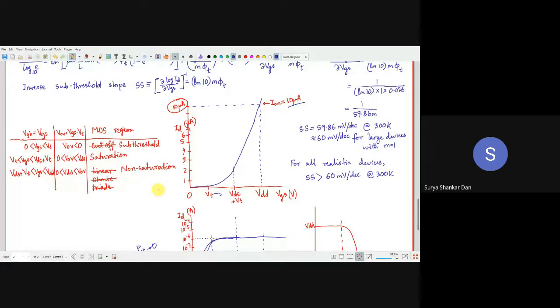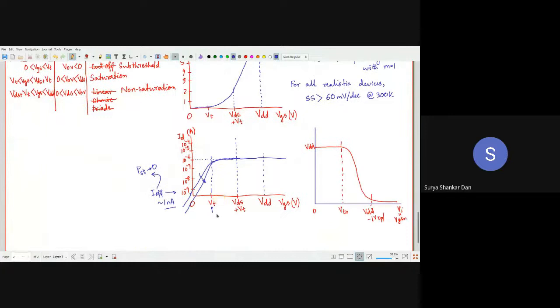So I've already told you a couple of things. If you increase the VT, increasing VT results in number one, lower fan out. Number two, lower performance. By performance, we usually refer to the speed of operation. Maximum speed of operation will be compromised. I have only told two. I want you to find out more. There are several others.